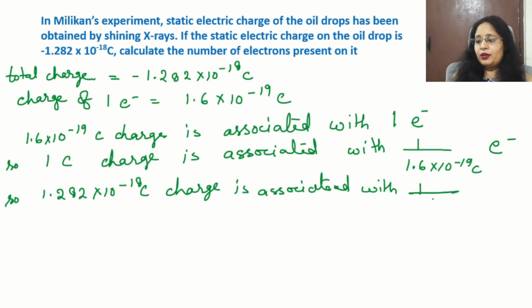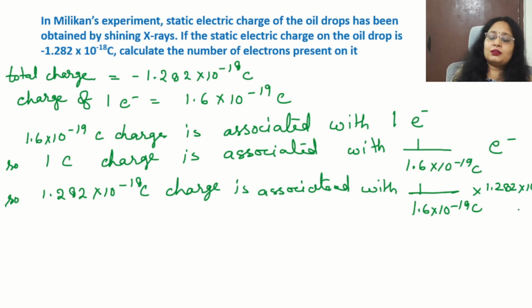So it will be 1 upon 1.6 into 10 to the power minus 19 coulomb multiplied by 1.282 into 10 to the power minus 18 coulomb. Okay, now if we solve this equation, we will find our answer. So let's see. We can write it 1.282 into 10 to the power minus 18 coulomb upon 1.6 into 10 to the power minus 19 coulomb